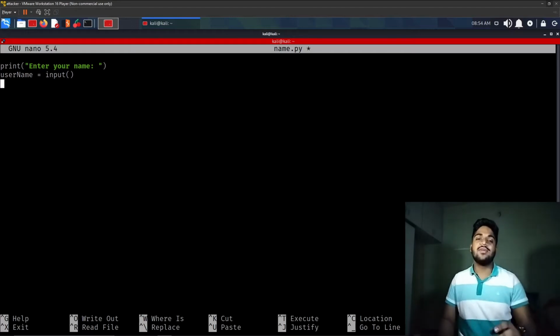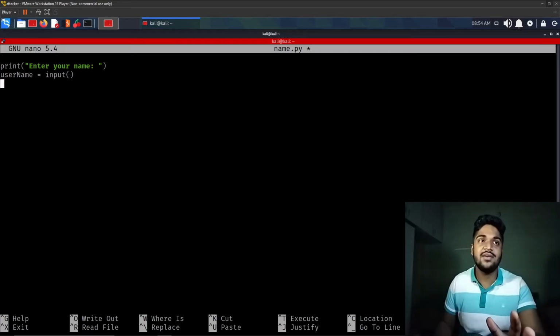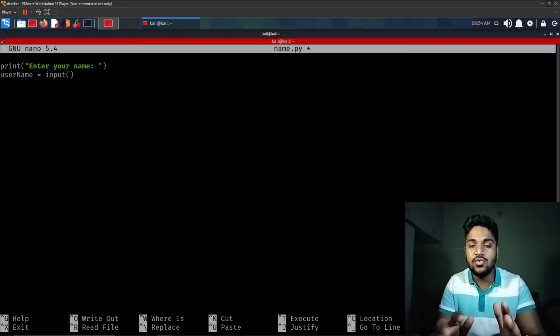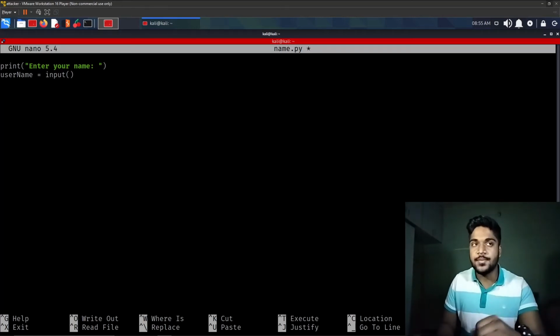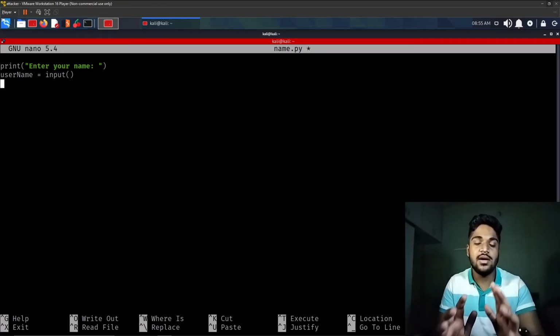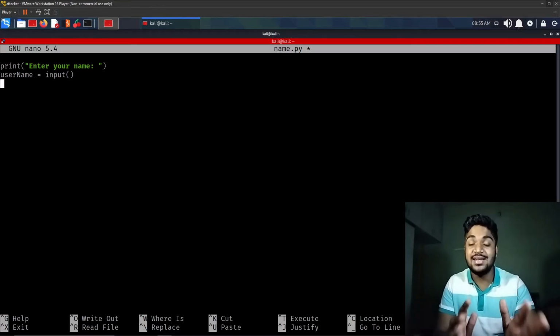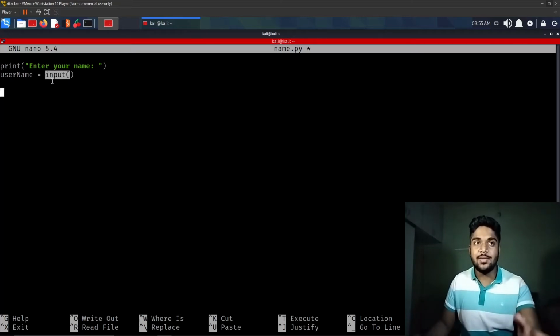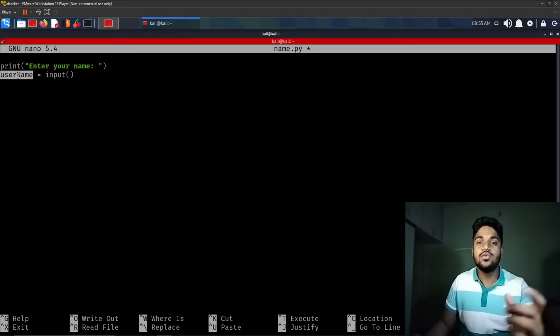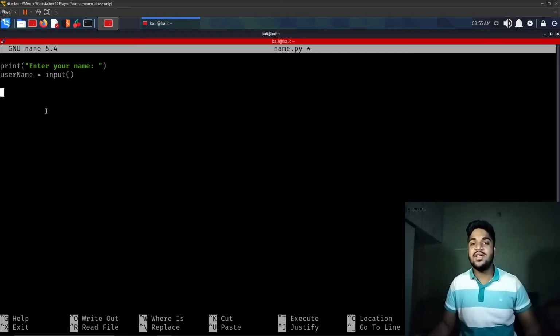Once the user gets this message and we have added some input, until the user inputs something, the code will not run further. It will just get stuck at that place. The user needs to enter something and hit enter, and only then will the code run further. Now, if a user has provided their name, we can use that name, as we have saved the input into a variable. We can use that variable wherever we want.